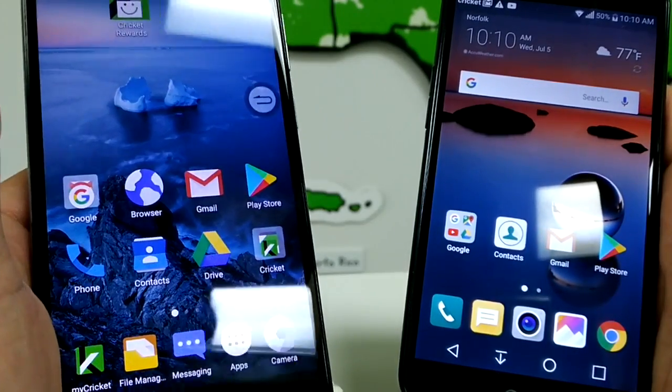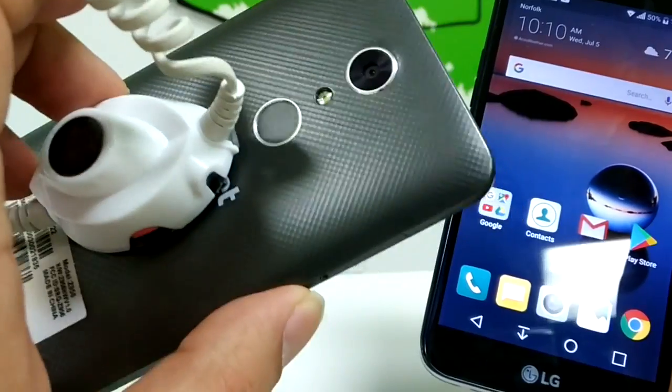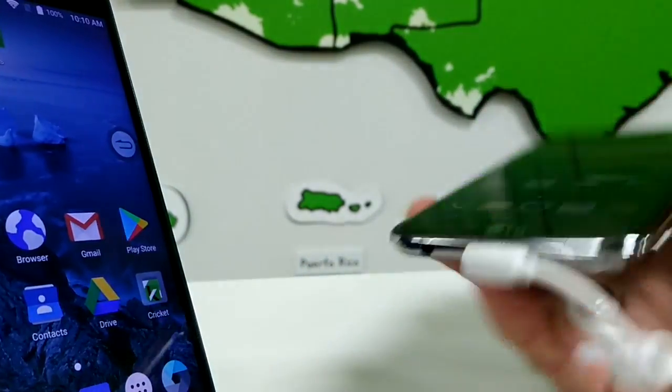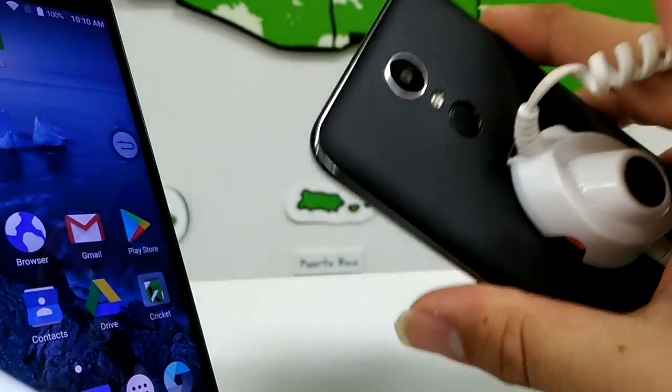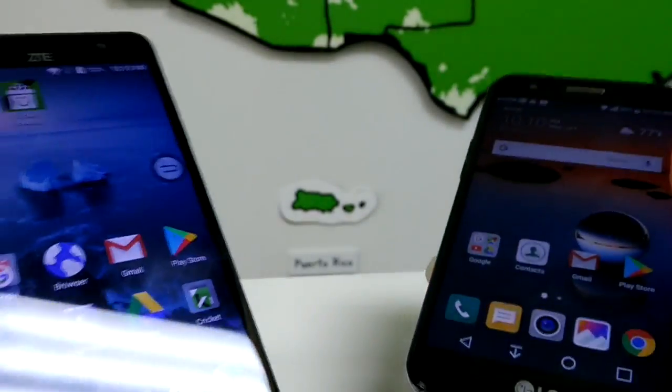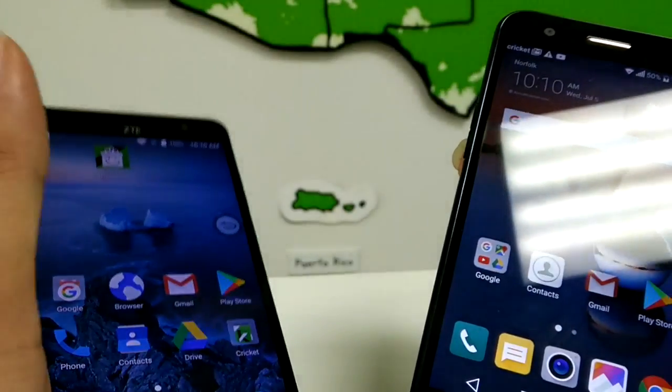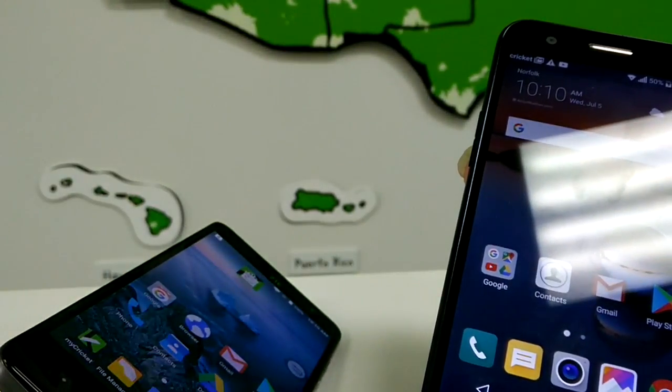So the ZTE Grand X4 does have a nice fingerprint sensor there on the back, while the LG Harmony does not. It does look like it has a fingerprint sensor, but it does not have a fingerprint sensor. So they are both 720p displays. Now if I actually look into the specs here